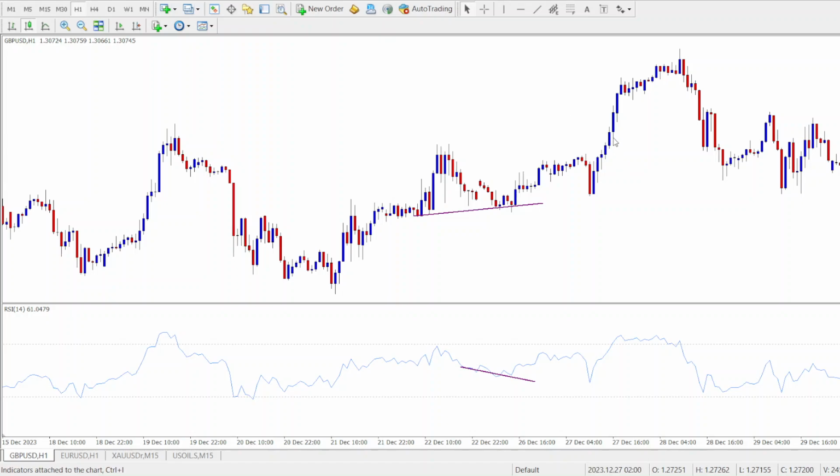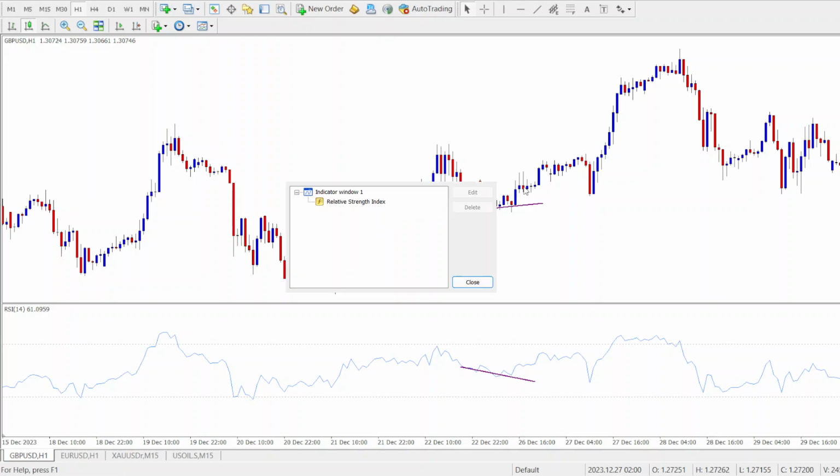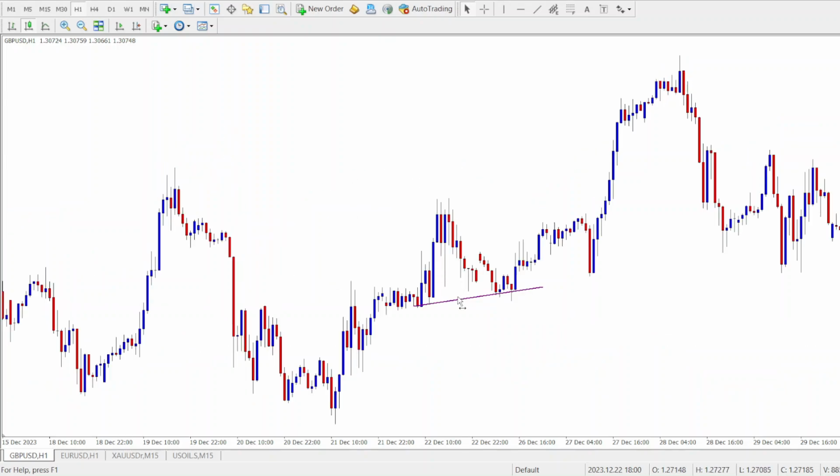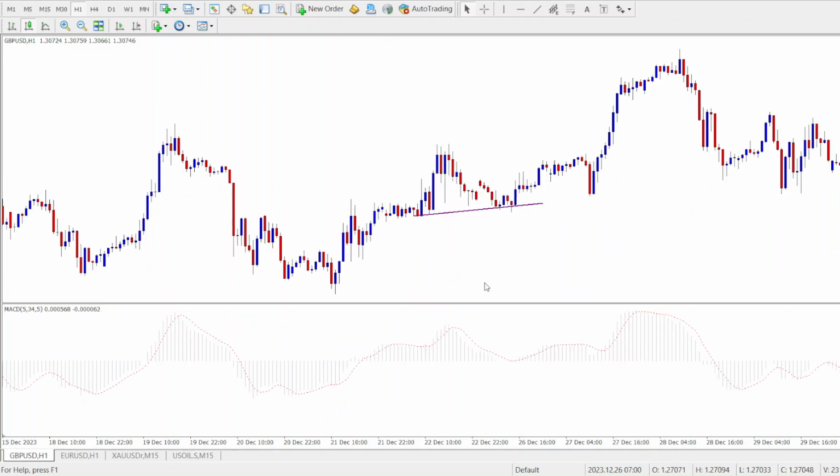Now let us look at the MACD. Okay, let's add on the MACD to our chart. So now the MACD is used to follow trends and momentum, and it's great for detecting both regular and hidden